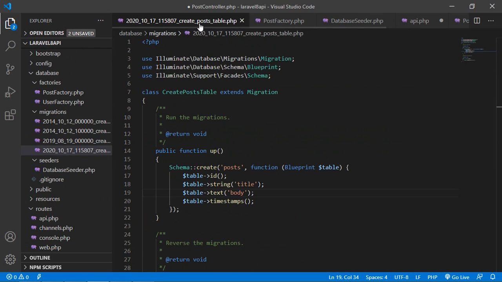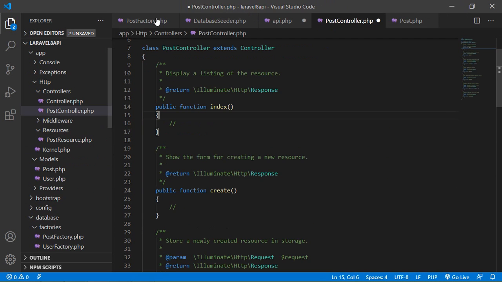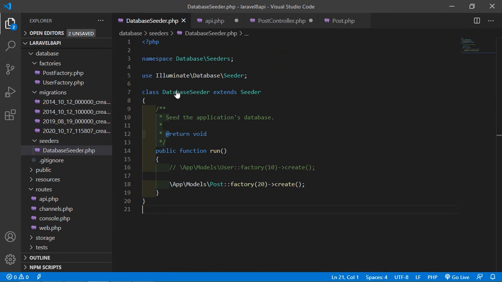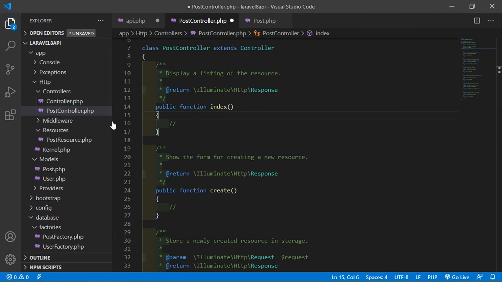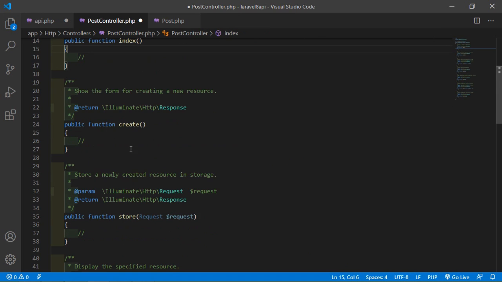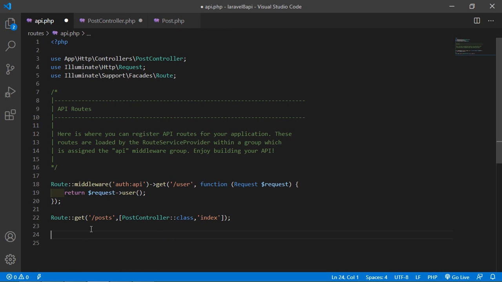Just close this file, this migration, and post factory, database seeder. Alright, and now let's create the route for this store function.